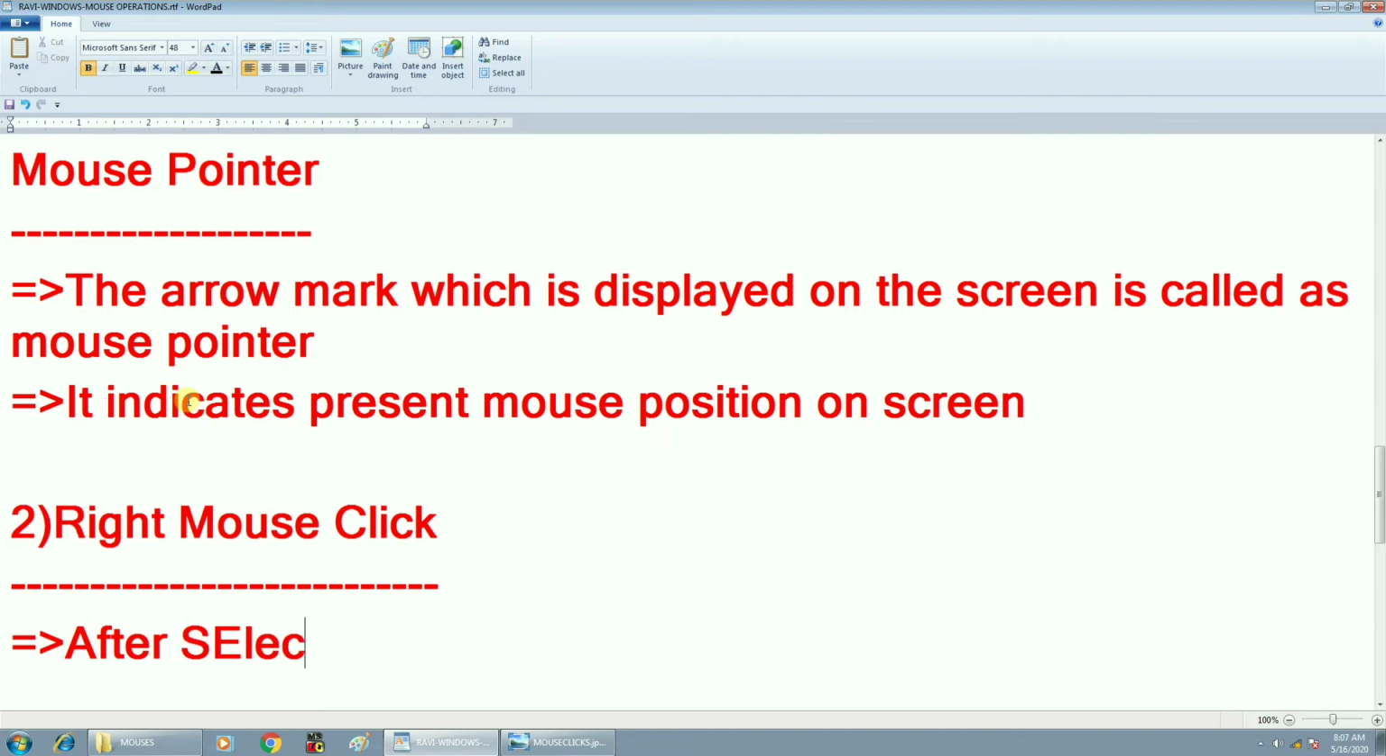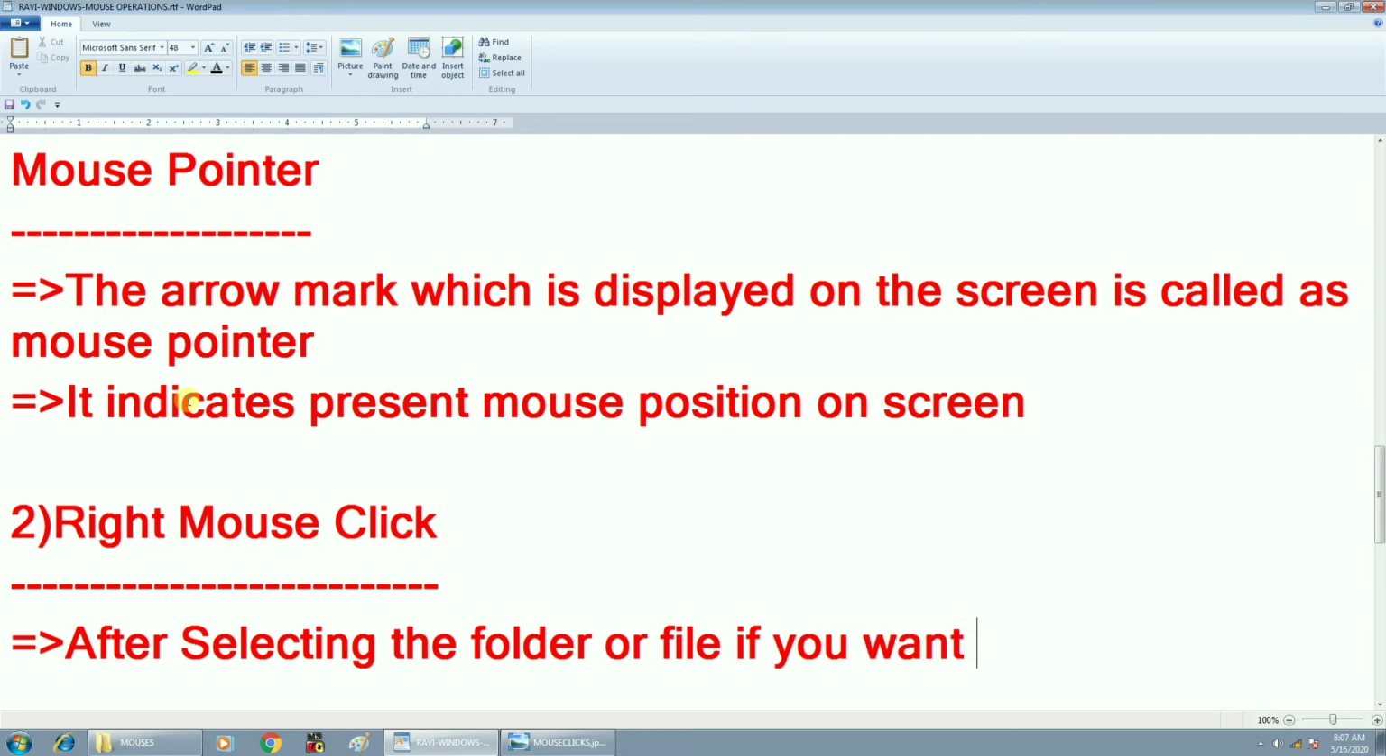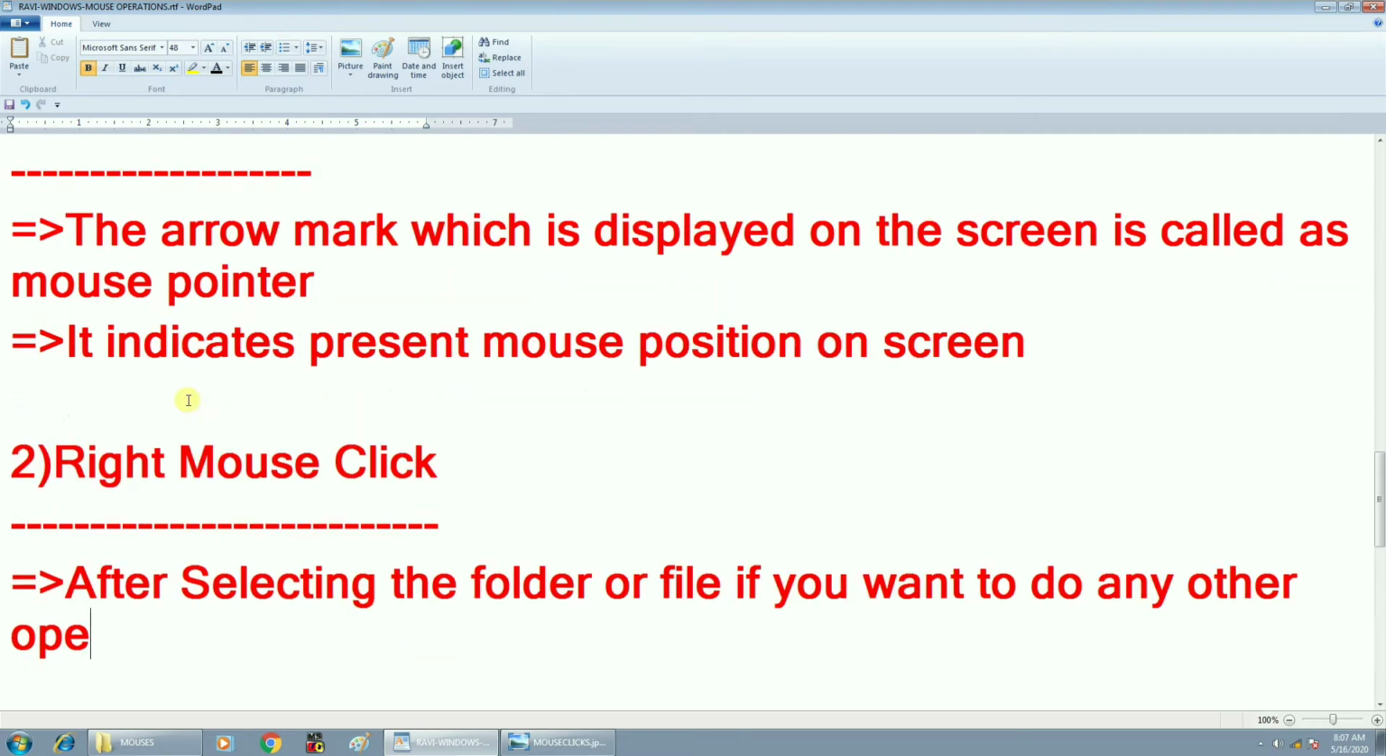After selecting the folder or file, your file means anything. It may be a song, it may be a photo, whatever it may be. So after selecting the folder or file, if you want to do any additional operation, any other operation, you can say. Any other operation means what you will do with the folder or file,